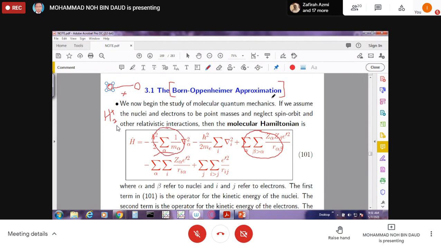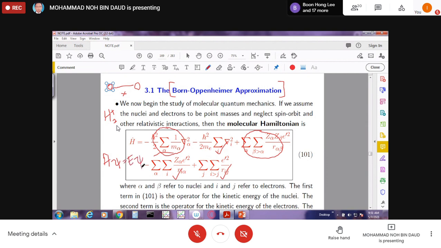In an atom, you have only this one. If you want to solve this molecular Schrödinger equation using this molecular Hamiltonian,